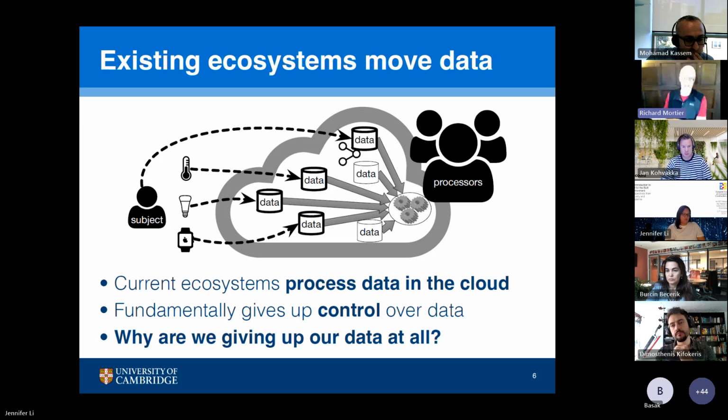And as the bumper sticker has it, the cloud is just somebody else's computer. So data is being taken and moved into large data centers operated by corporations, often very, very large, very rich corporations. So they're taking data at scale, bringing it all together and doing lots of analysis and processing of it. That is fundamentally giving up control over the data by the data subjects. Once the data is taken away from them and put into some large data center somewhere, it's very difficult for them to exercise control over what's done with that data.